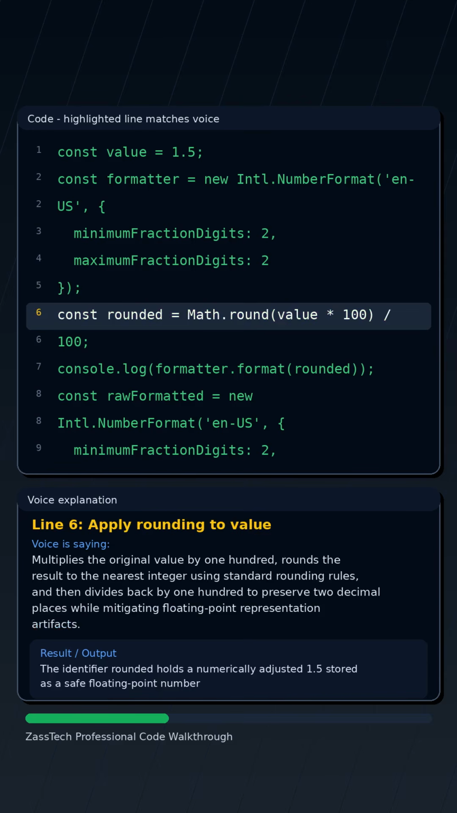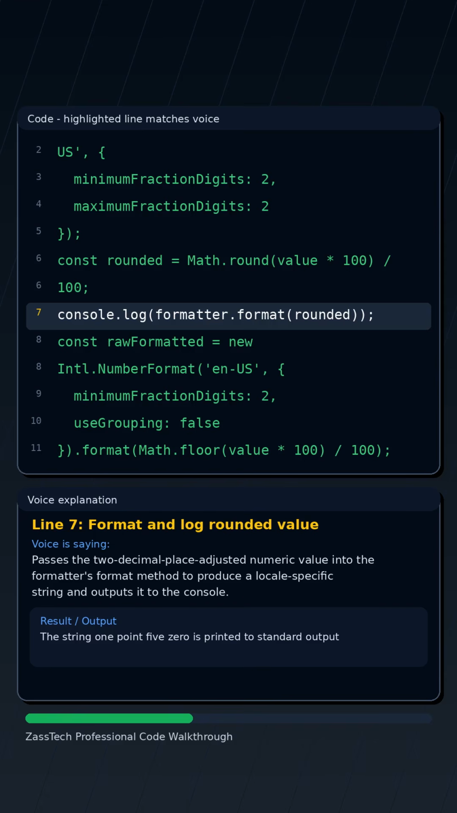Multiplies the original value by 100, rounds the result to the nearest integer using standard rounding rules, and then divides back by 100 to preserve 2 decimal places while mitigating floating point representation artifacts. Passes the 2 decimal place adjusted numeric value into the formatter's format method to produce a locale-specific string and outputs